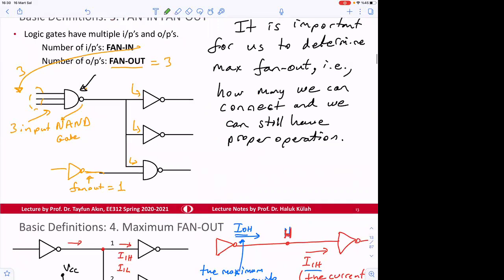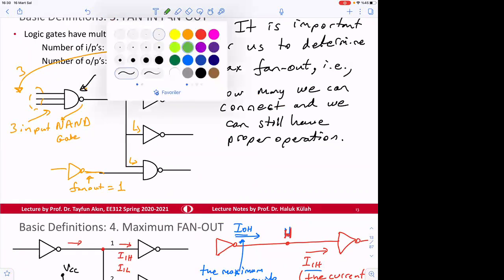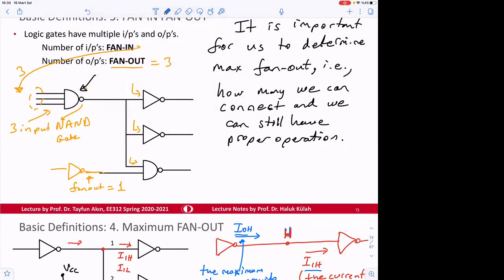There's already here, maximum fan in and fan out. The currents are defined towards here, towards the system. So I input high, and then I input low, I output high,